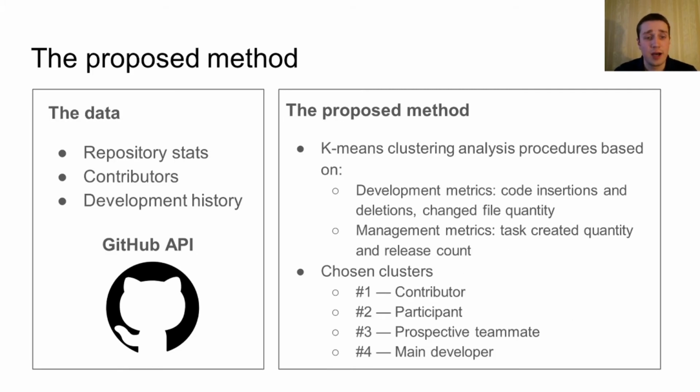GitHub provides us with a rich API, so we can use all the data that the service itself stores. We can use repository data like contributors, information about development history, commits, and so on. We would like to propose searching for the main team via clustering. For this purpose, we used the k-means algorithm because its ability to pretune the number of clusters is quite vital for